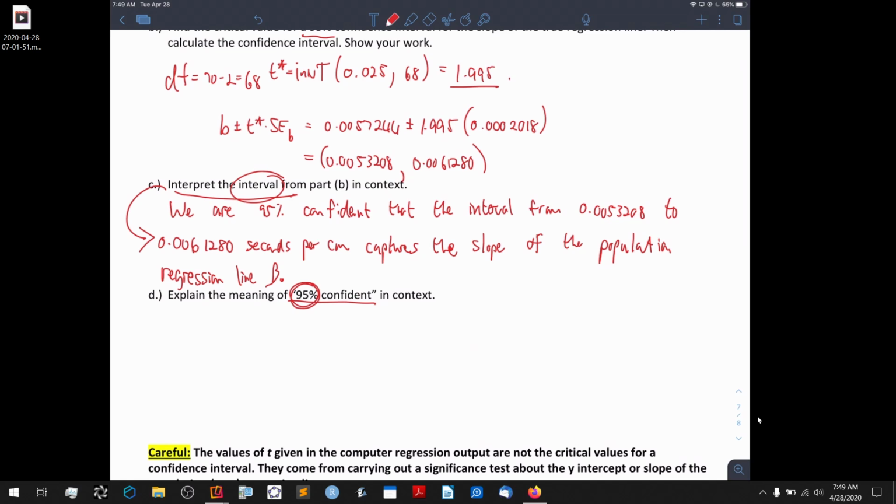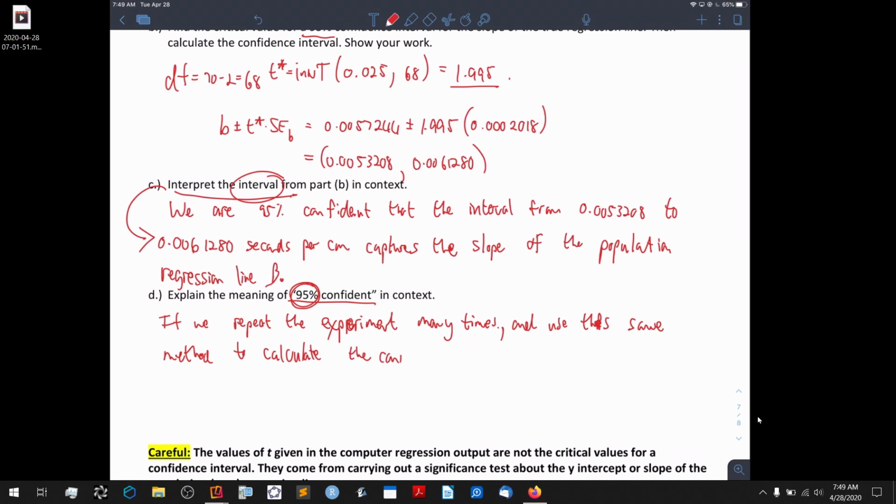So this says, and this is good review, if we repeat the experiment many times and use this same method to calculate the confidence interval,